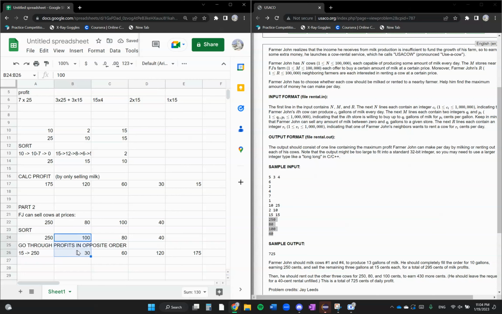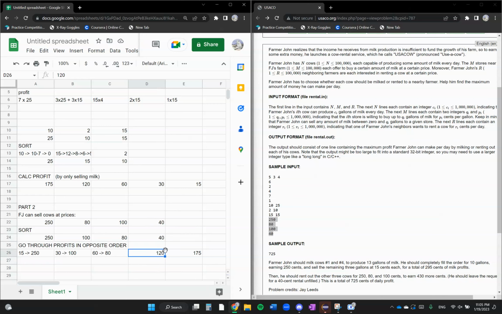And here, Farmer John can sell the cow for 100 cents. So we turn this 30 cents into 100 cents, since Farmer John is going to be making a lot more profit this way, and so on. The 60 turns into an 80. And at this point, it wouldn't make sense to rent out a cow that's already being really efficient